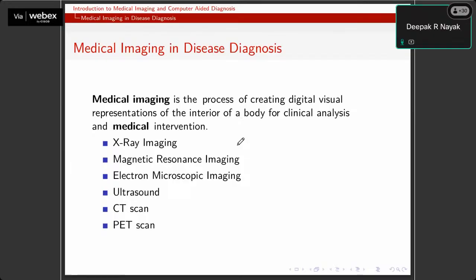In early days, the doctors used to perform operations to know what exactly happened to a particular organ, right? But nowadays, with the advent of these medical imaging technologies, the doctors can see the interior of a human body, and they can easily see what has happened to a particular organ, based on some of the symptoms or the nature of the problem. So they recommend you either go for X-ray, CT, MRI, or ultrasound, right?